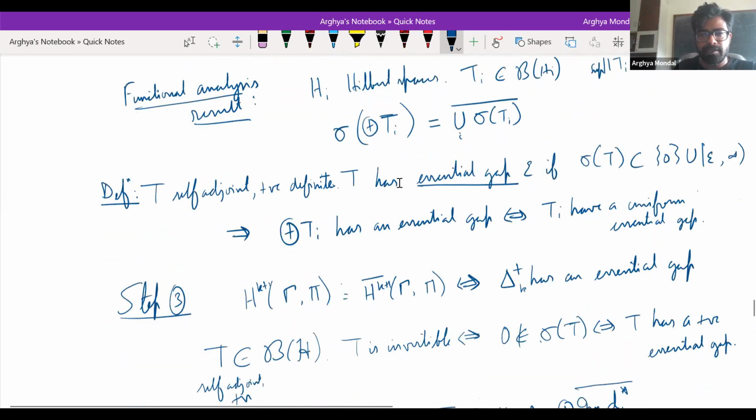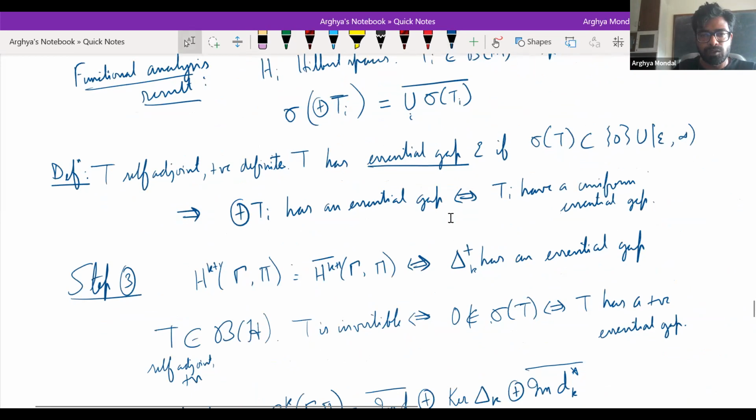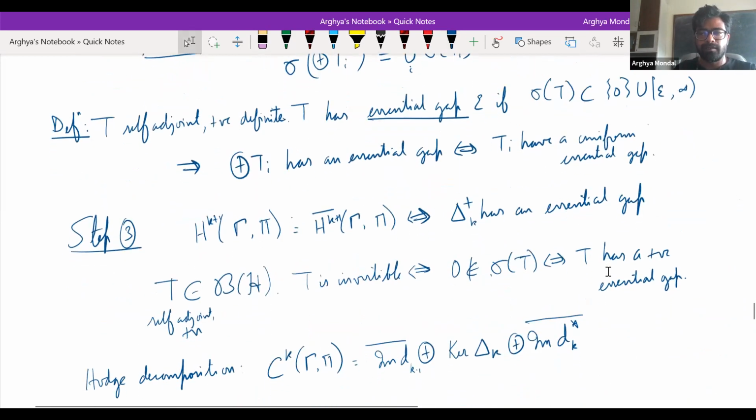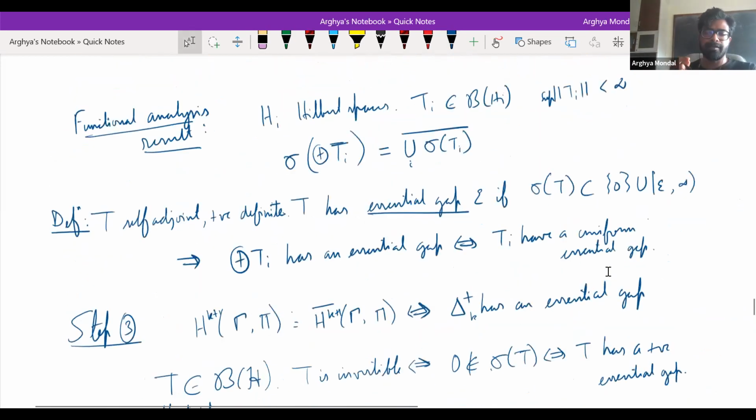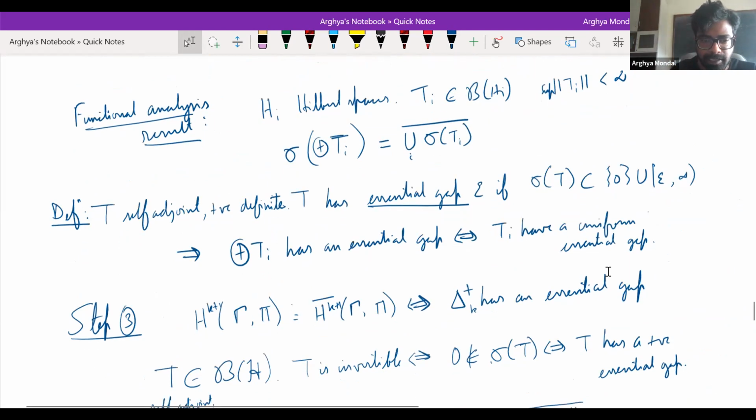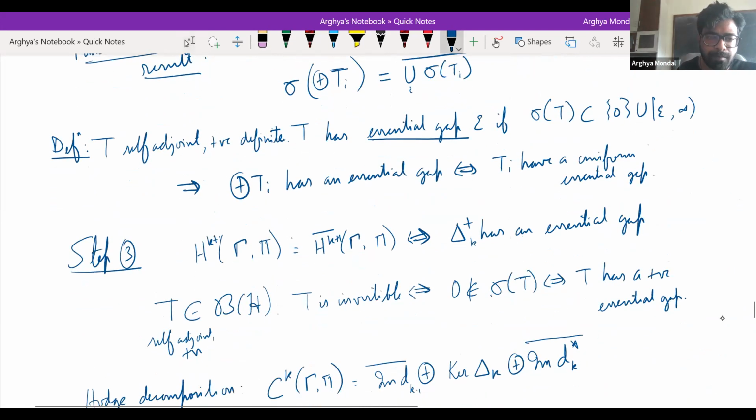And then finally, you have to relate the reducedness of the cohomology, that is, the Hausdorffness of the cohomology, with the essential gap of the upper Laplacian. So that is the last step. So H^(k+1) of gamma with coefficients in any unitary representation pi is Hausdorff if and only if the upper Laplacian acting on the kth quotient, the one dimension below, has the essential gap.